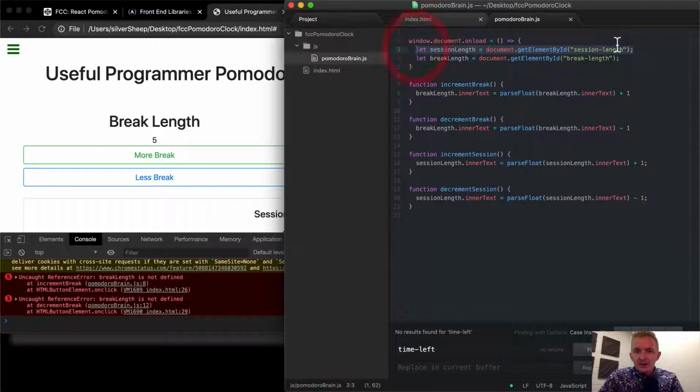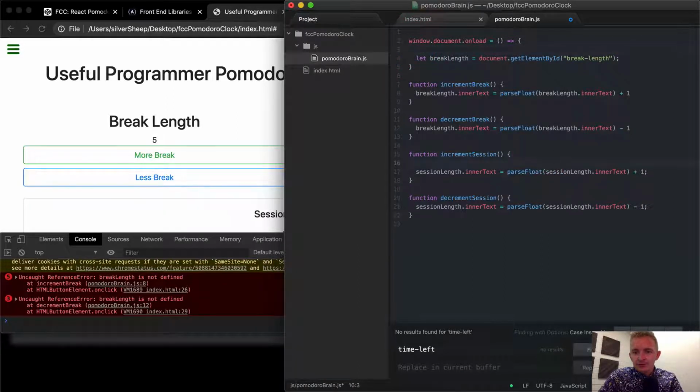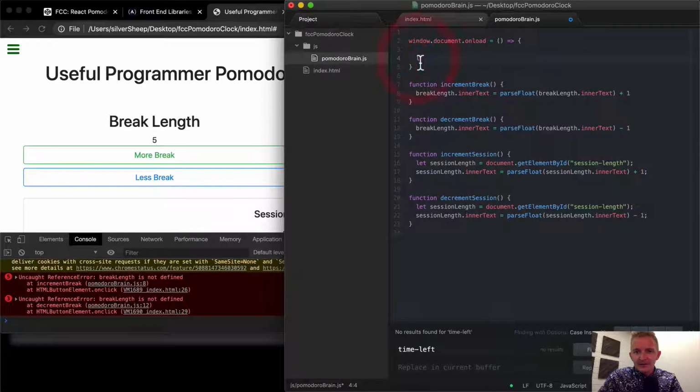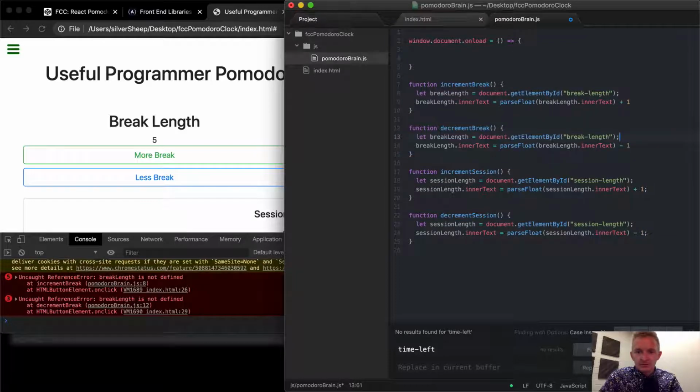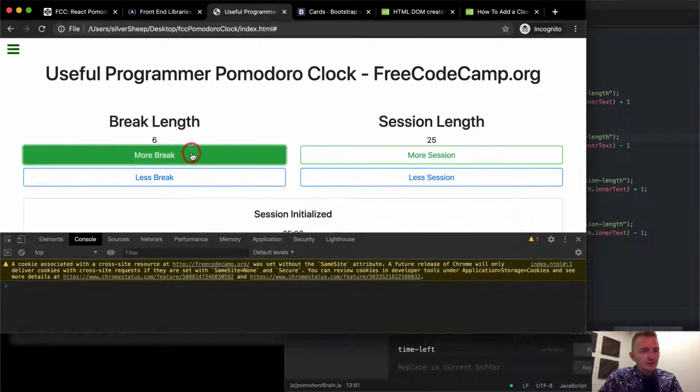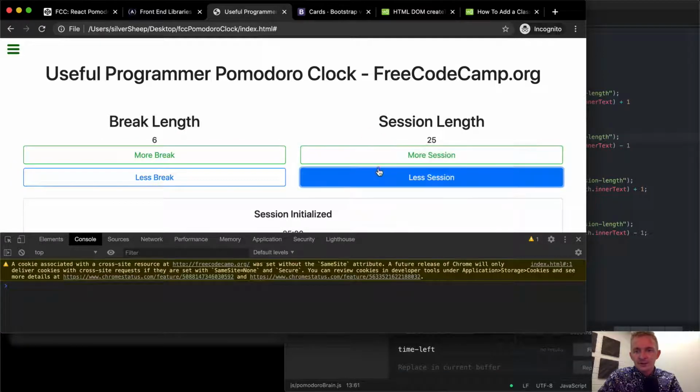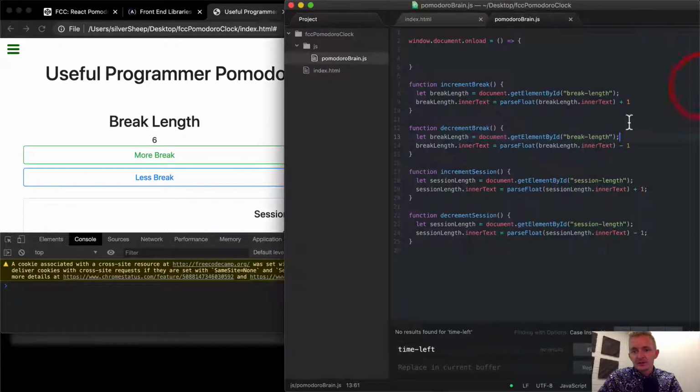Well, when I put them in here, they do work. And then if I do the break length, refresh, 6, 3, 2, 1. I mean, this is totally working. It's just not passing the tests. So that's frustrating. What about console.log, document